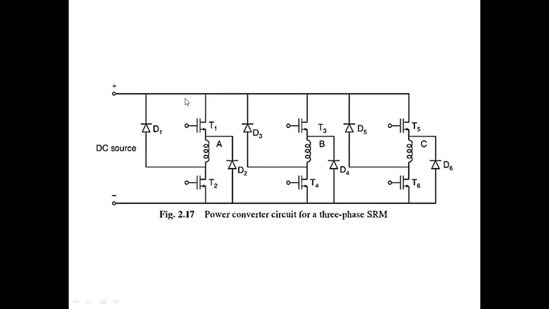Because the switched reluctance motor is an AC motor, we have to use a DC source. Why? Because there is the possibility to control the supply voltage and also provide a stable voltage across the motor terminals. So, whenever the supply is given,